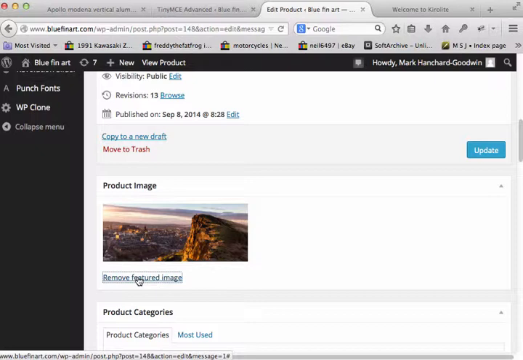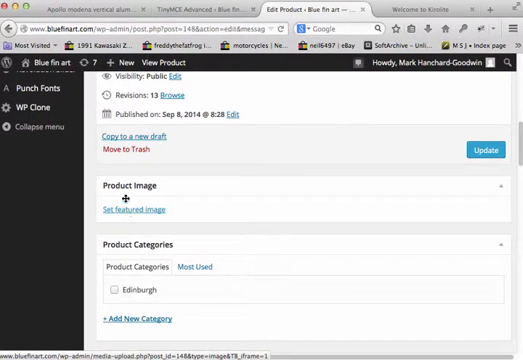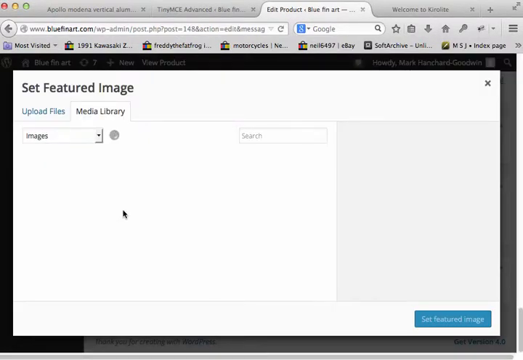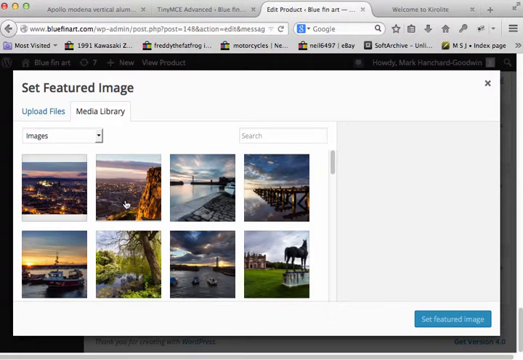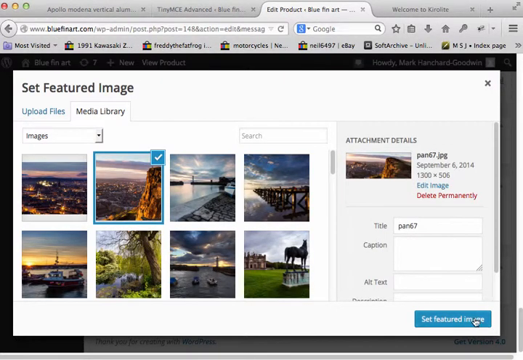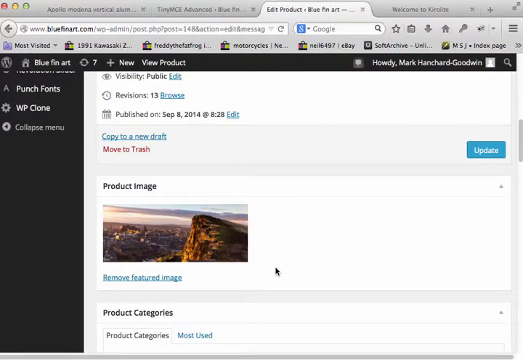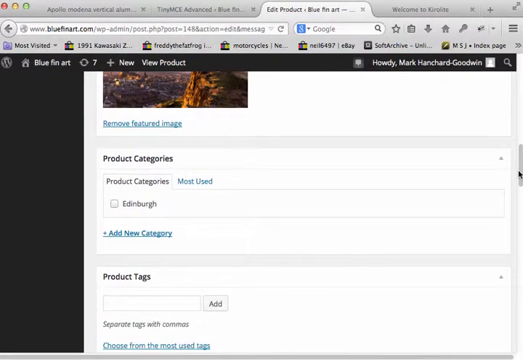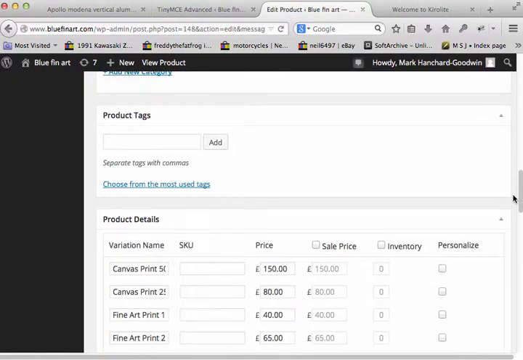I'm just going to remove it for now so that you can see. So product image, set the featured image. You go to exactly the same image that you're going to place in the main area, and you set it as featured image. That just creates a thumbnail for the product page. That's all it does. I've not set any categories for the moment, nor tags, because this is a dummy that's going to be duplicated